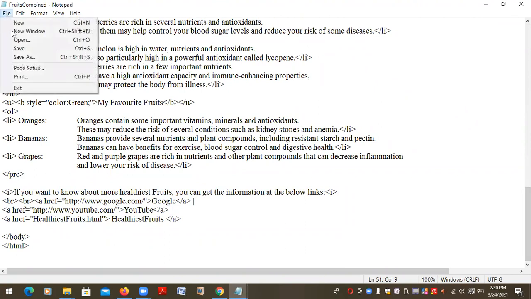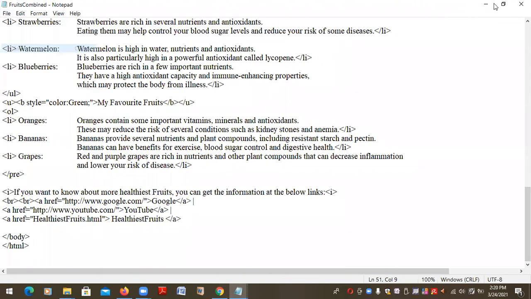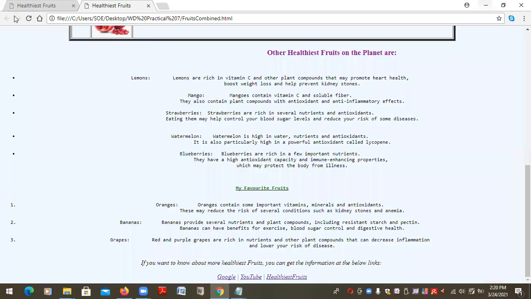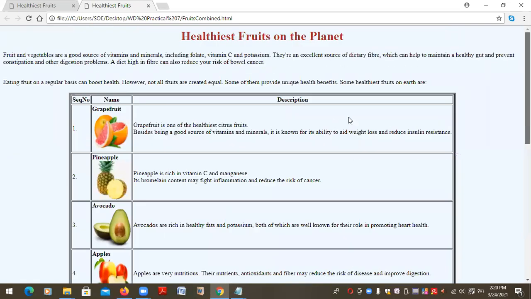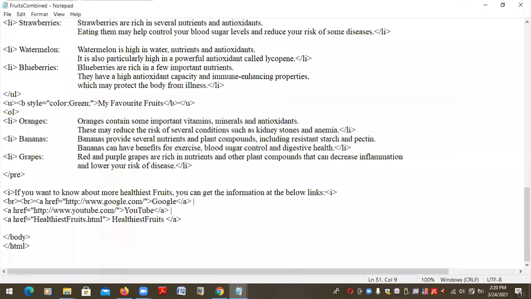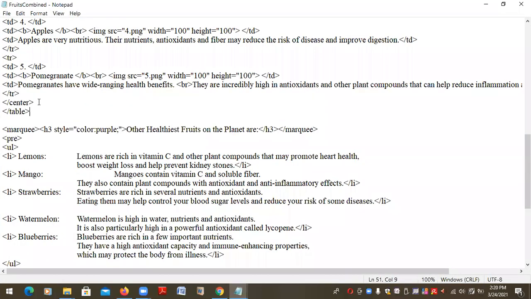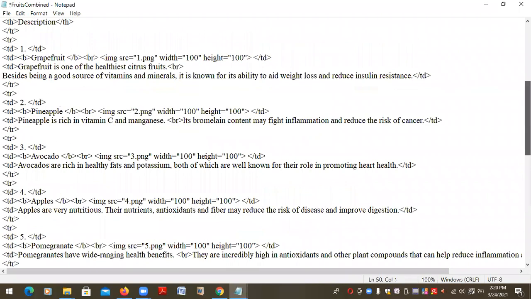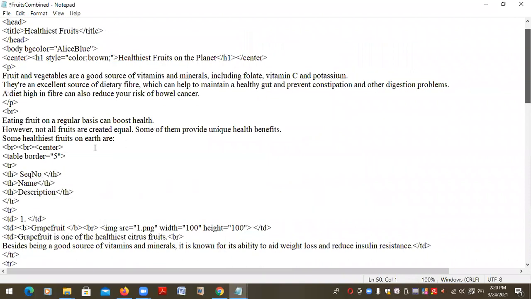Okay, so it should then be like this. Supposed to be okay. File, save, and refresh again. There is something wrong here. It's supposed to be on this side. I don't know why it is in the middle like this, because I put the table in the center. This is okay. But why is the other thing in the center? Because I already closed the center here. Let me do this one. Sometimes it makes a problem also. No problem. Let me close the center here.